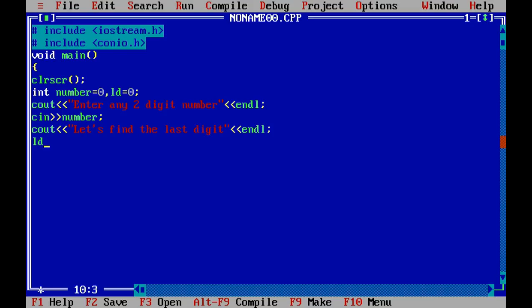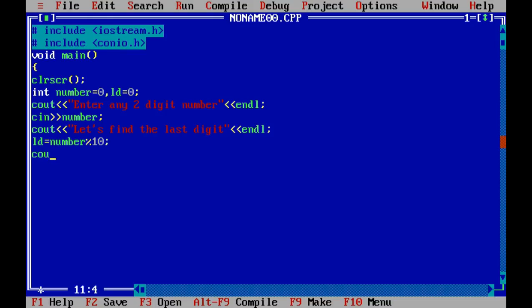LD, because we have to store our answer in the last digit. So, LD, for last digit, is equal to number. Then for the remainder, you have to use the modulus operator, and the modulus symbol is the percentage sign, 10, because we have used a 2-digit number, so it is 10. If you use a 3-digit number, then it will also be 10.